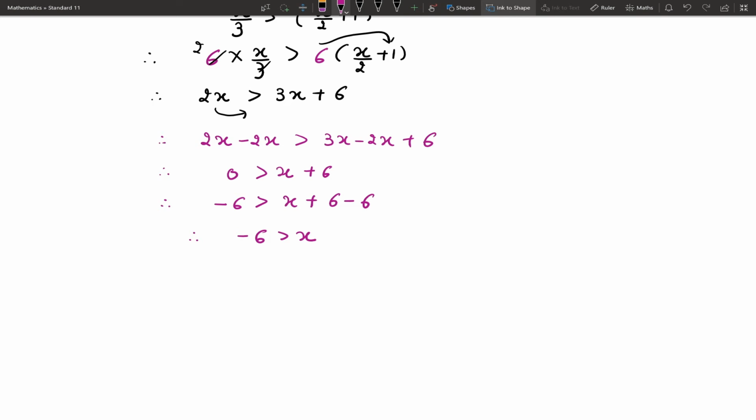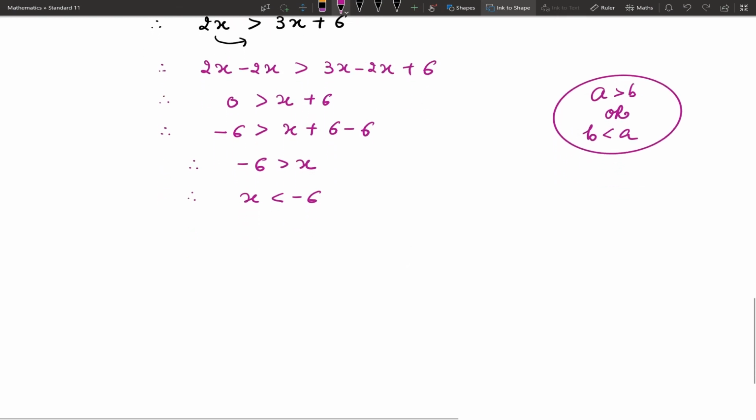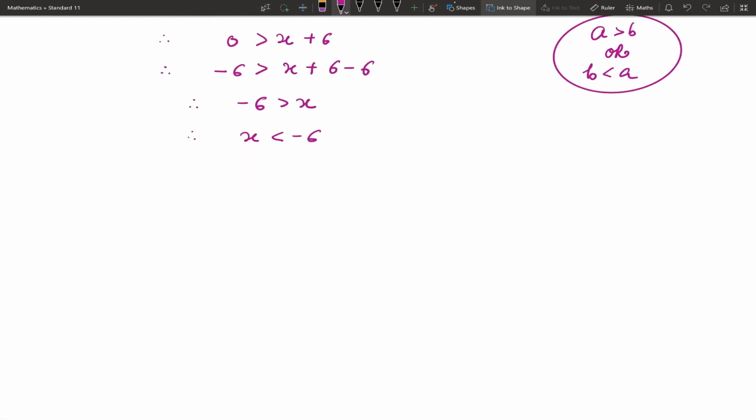So again, you note that either we say a greater than b, or same can be written as b less than a. So this can be written as x less than minus 6. Again, inequality is strict inequality, and therefore